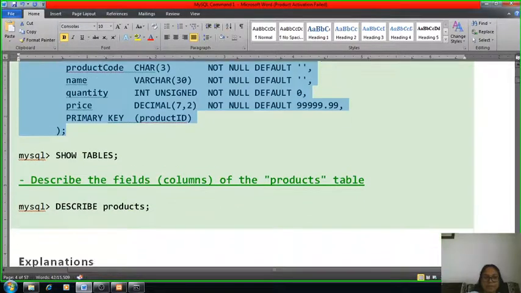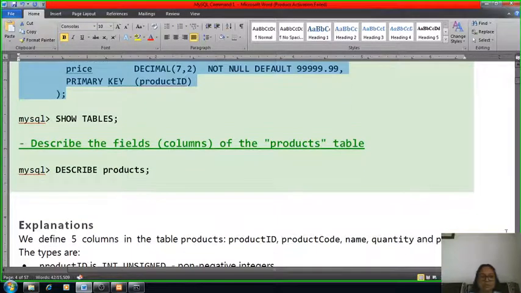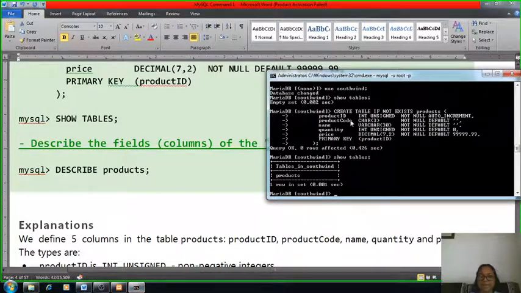Now suppose you want to describe its parameters. We will check whether the table was created with the same parameters or not. The command is describe product, the name of the table.